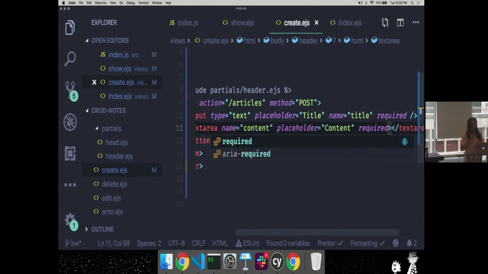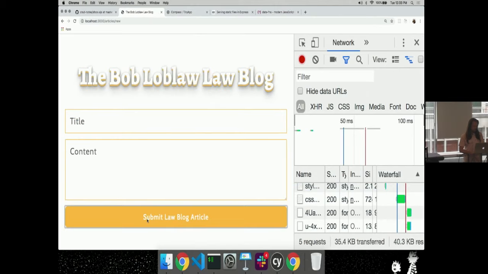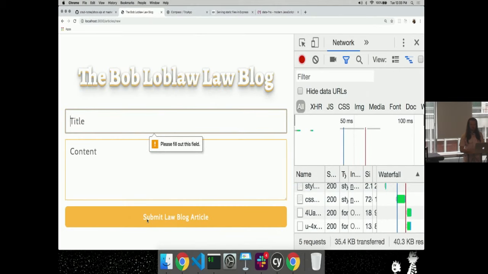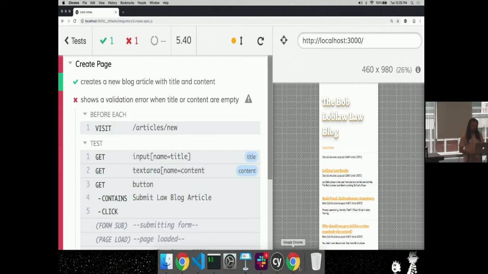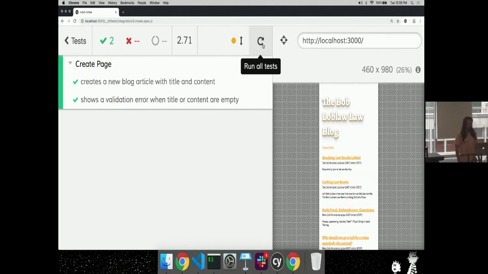Then when I try and submit this form, if these fields are empty, it'll give me a little warning that looks like this. Please fill out this field. It does not advance in this case. So now my test can run, and it confirms there is a validation there now. Right, so I've satisfied that requirement. And I move on.